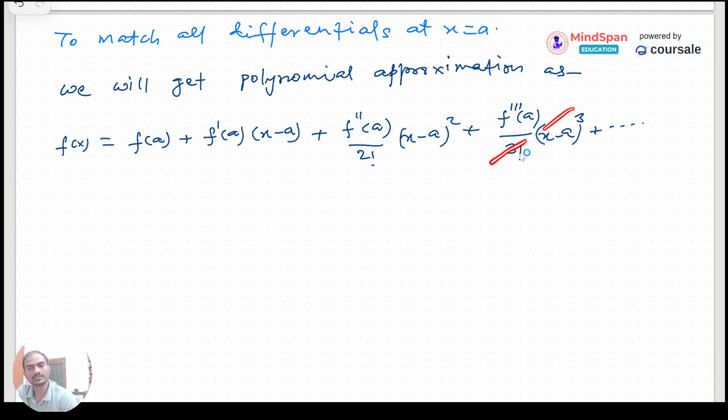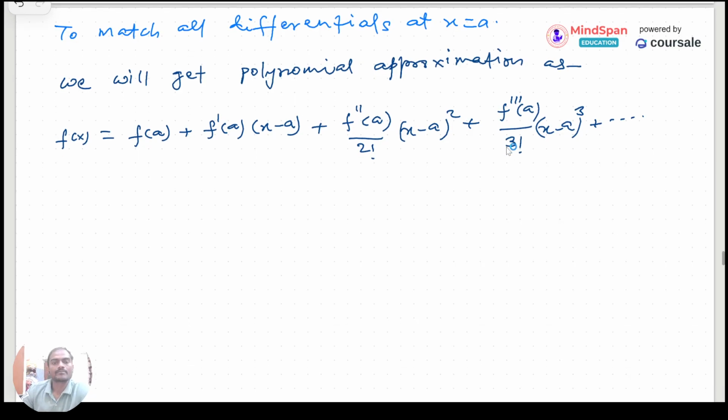जब डिफरेंशियल करेंगे तो ये नीचे वाले से कट जाएंगे सारे, और सिर्फ f triple dash a बचेगा, जो कि वही होना भी चाहिए, राइट। थ्री टाइम्स डिफरेंशियल इसका करें तो हमें फंक्शन में f triple dash a मिलना चाहिए, जो कि एग्जैक्ट थर्ड डेरिवेटिव फंक्शन का है, जो कि हमें ऑलरेडी पता है। तो वो मैच होता रहे, इसलिए इसके कोफिशिएंट को हमने इस तरह से लिखा है, f double dash a by factorial 2, f triple dash a by factorial 3। उसी तरह से ट्रिपल डैश का मतलब है कि फंक्शन का तीन बार डिफरेंशिएशन करने के बाद ए पे उसका वैल्यू है। ओके, अब इस चीज को नोट किया जाए। ओके, ये बहुत ही इंपॉर्टेंट है।